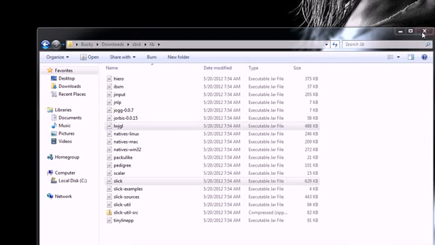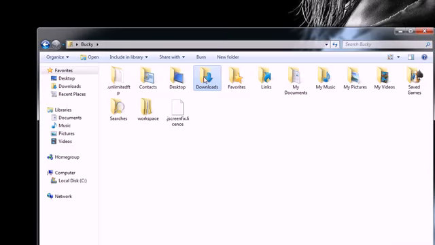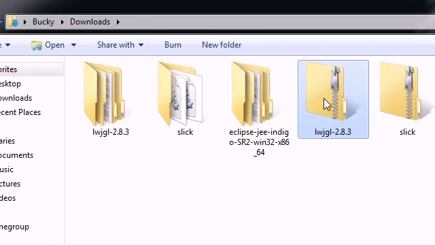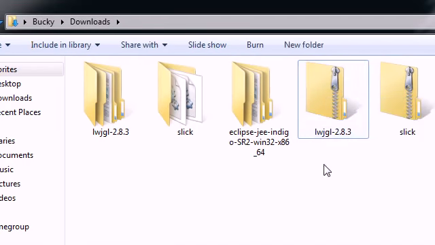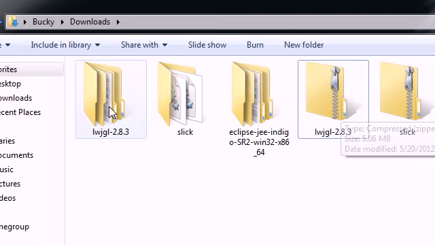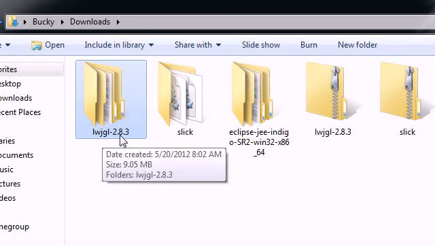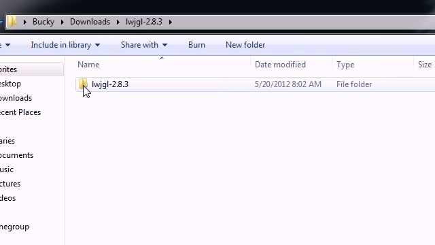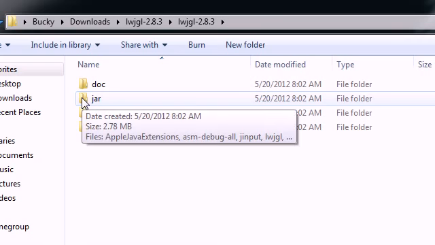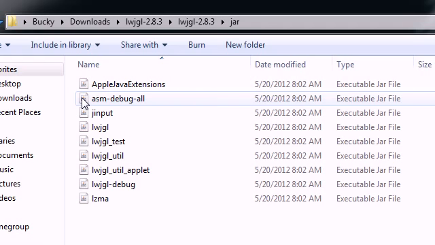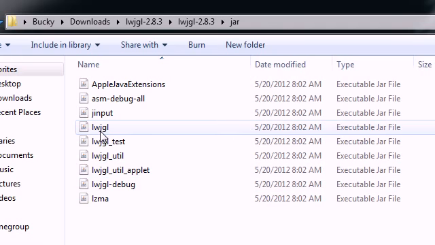Once you download it, go ahead and navigate to it, and mine is of course in Bucky downloads, and you're going to get a zip file. Go ahead and right click, extract all, and once Windows is done extracting your file, you're going to get a regular folder that's LWJGL 283 or whatever version you have. Now what you want to do is open up this folder, open up this one, and open up the folder that says jar. Go ahead and select jar, and now what we want to do is steal one of these files as well. The file that we want to steal is